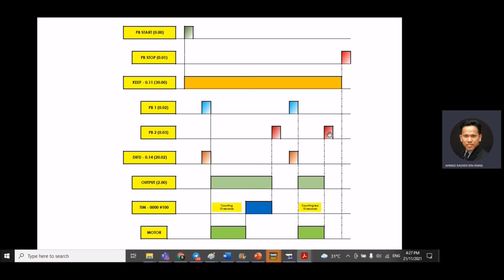Once push button 2 is pressed, the output 2.00 and the motor immediately stop running. So PB2 acts in two functions: first, as the reset function, and second, as the emergency switch. Last but not least, once the stop push button is pressed, all the circuit will not function.